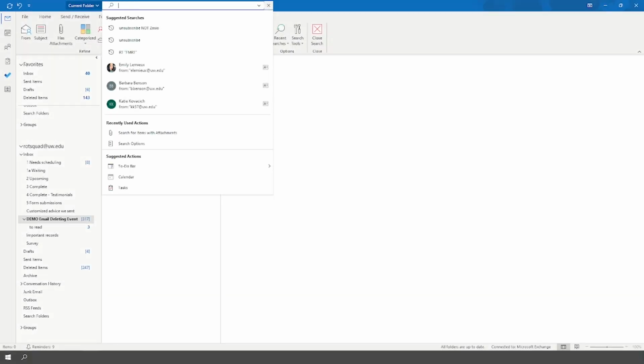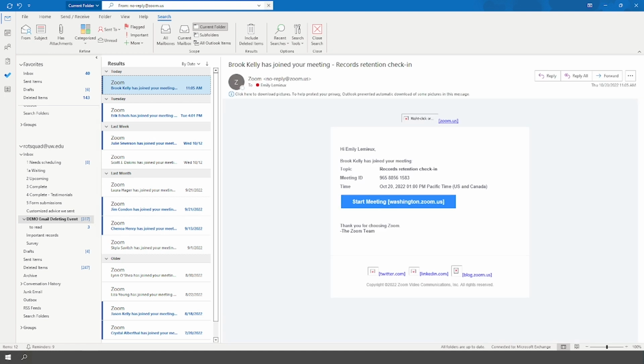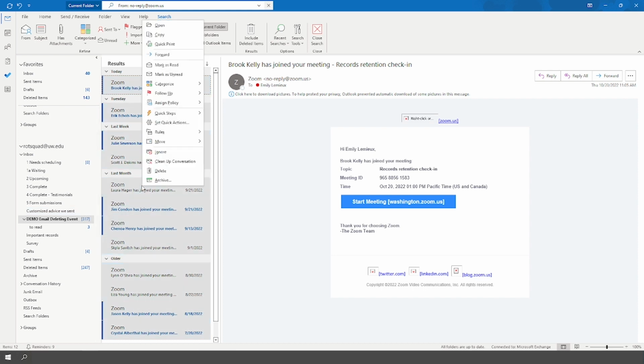Our first one is those Zoom emails. So again, if you receive something from a system, it's worth thinking about what's the email address that it comes from. If you just search for Workday, you might get people talking about Workday and substantive emails. So you want to search for that email address. If you're going to go to the meeting anyway, you don't have to have that ping. But we got these. We can push Control-A and delete those.